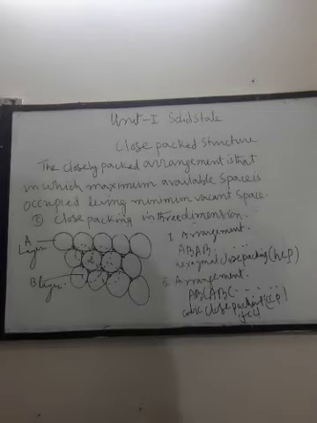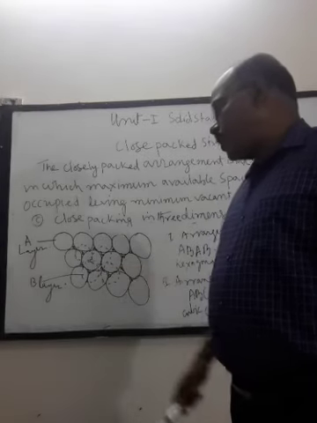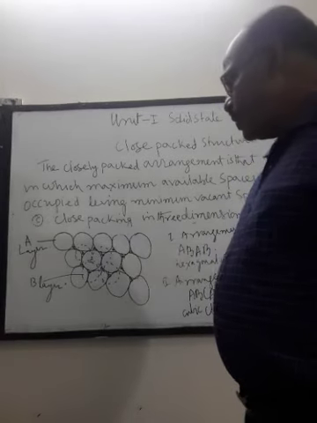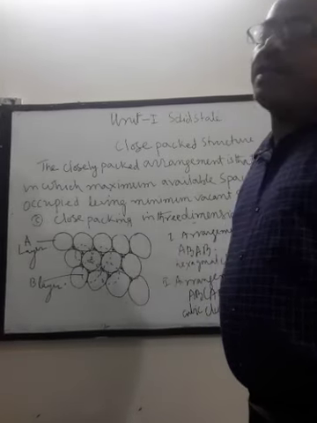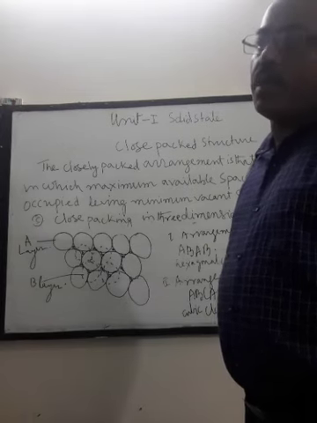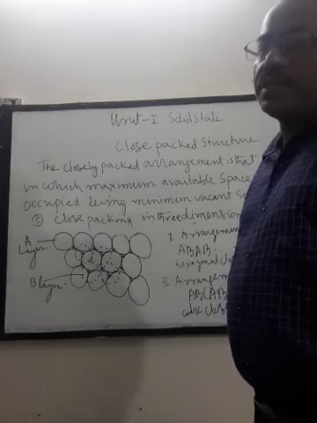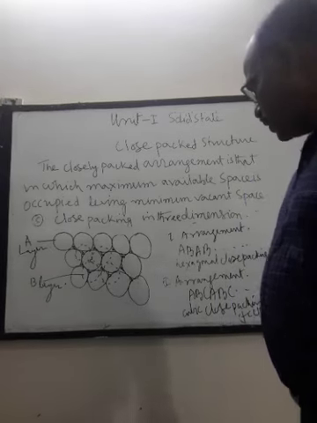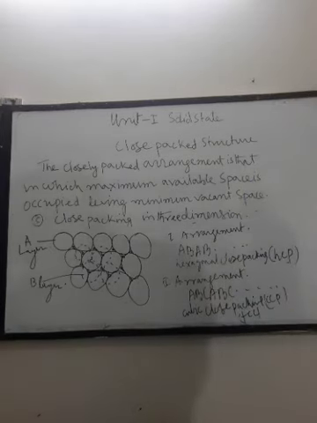And if the third layer is not placed in the C void, but placed in the original unoccupied A void, then the third layer is entirely different from the A layer and B layer, that is, the first layer and second layer. And if the third layer is represented by C, then such an arrangement is called ABC arrangement, also known as cubic close packing, CCP, also known as FCC.